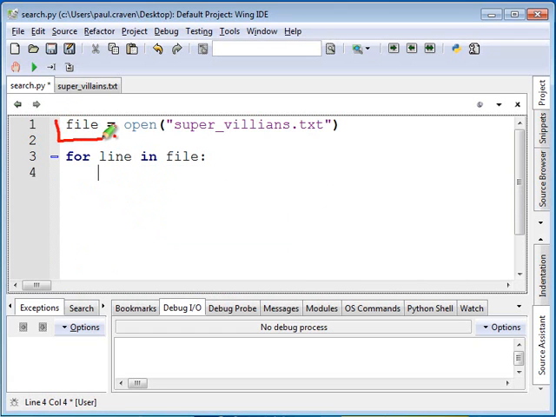Whatever variable I create and open the file, that file variable is going to point to supervillains.txt. If I take that and put it here, Python will treat it as a list. And really it is. It's a list of different supervillains, and each individual line is automatically going to be taken as a particular list item, which is really convenient. Therefore, all I need to do in order to loop through this is do a for loop. It's going to look at this as a list of lines,